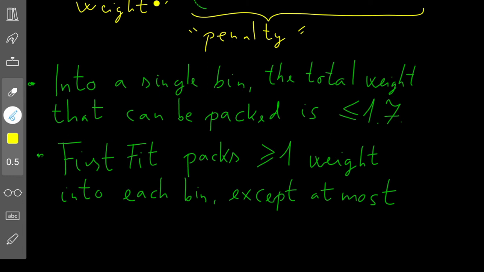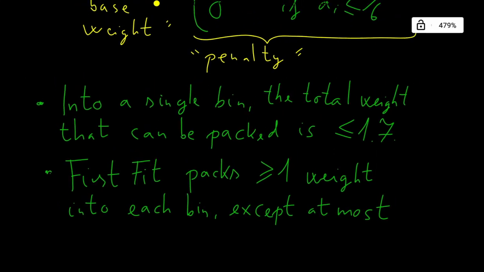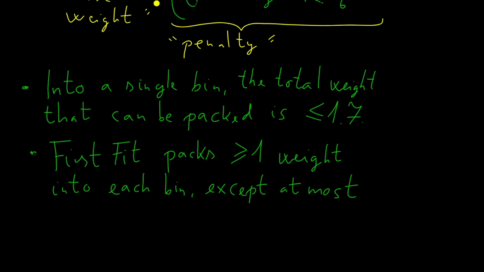So this is kind of similar, and this is a typical application of the weight function method. You are just proving a lower bound and an upper bound, and from these, remember, if you apply the weight function method, it means that the competitive ratio of the first fit is at most 1.7 divided by 1 in